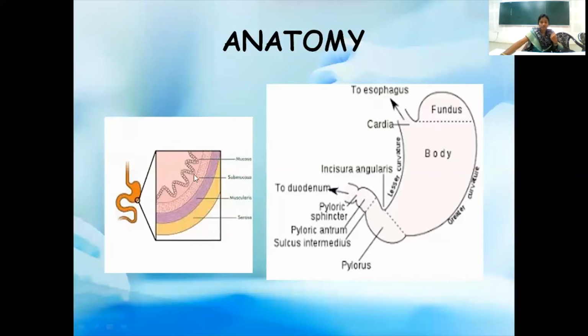Coming to the different layers of the stomach, this is very important because this is the basis for the surgery of congenital pyloric stenosis. From inside to outside, the layers are mucosa, submucosa, muscularis. This muscularis layer contains two types of muscles: the innermost circular muscle and the outer longitudinal muscle, and the outermost is the serosa. Again, from the outer: the serosa, which is the outermost layer, the muscularis layer, which contains the outer longitudinal muscles and the inner circular muscles, submucosa, and the mucosa.